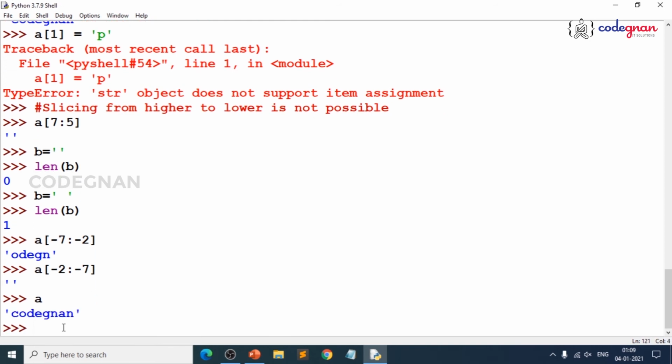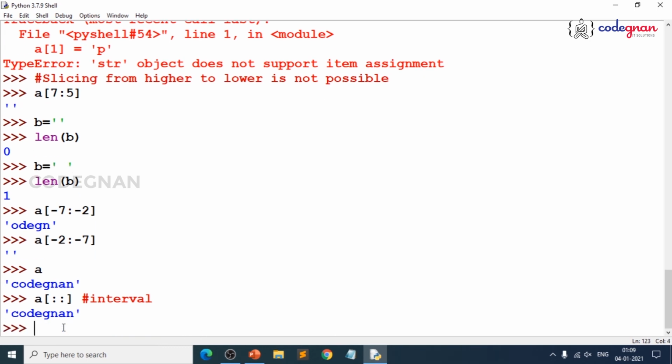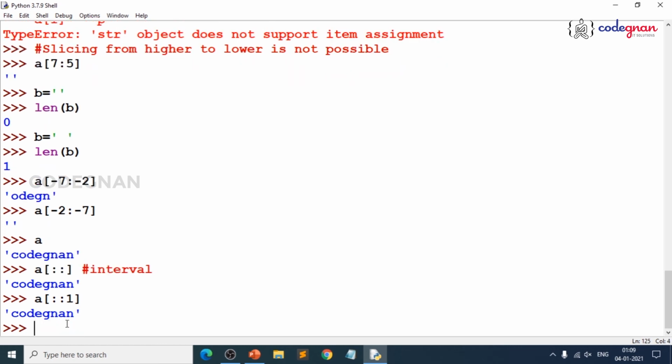And what happens if I go for including one more colon? That's where you have the concept of interval, or sub slicing or sub indexing, whatever you try to call it. But you are getting the same result. Why? You are not mentioning any ending limits. So, the answer is the same, and even if you go for one more input, you get the same result, because